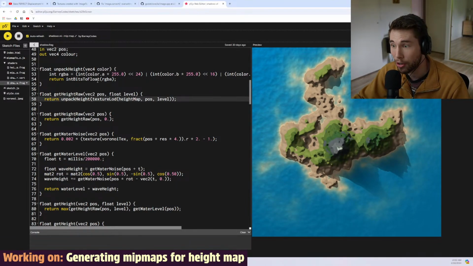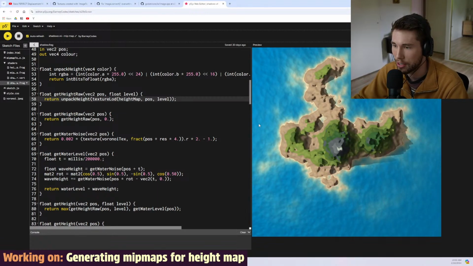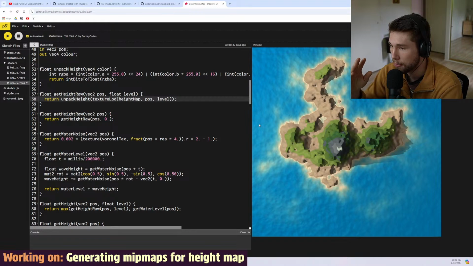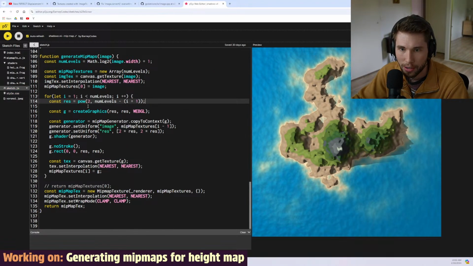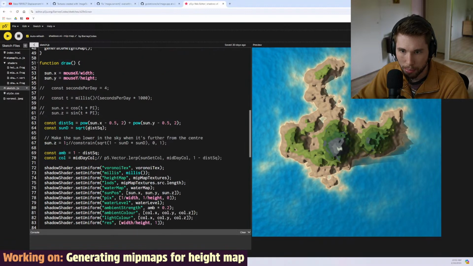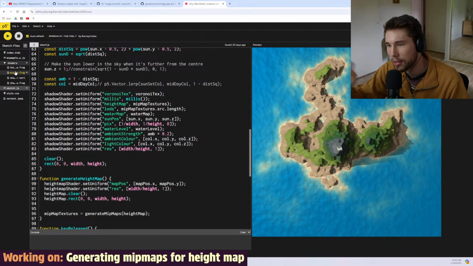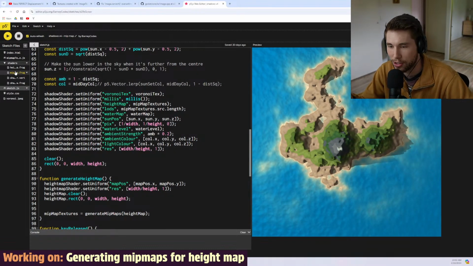Yeah, so a really good optimization is to use mipmaps to know how big of a step size you can take. But they've got to be custom mipmaps so that you basically, actually, I think I can probably show you if I can remember what's going on here. So yeah, I made this in P5.js, but P5.js is quite limited, so we're changing it over to something that